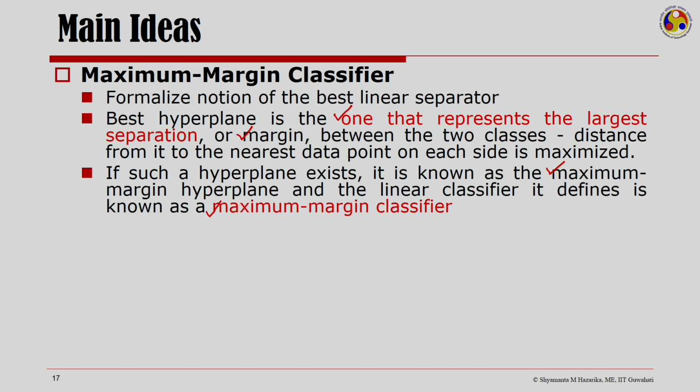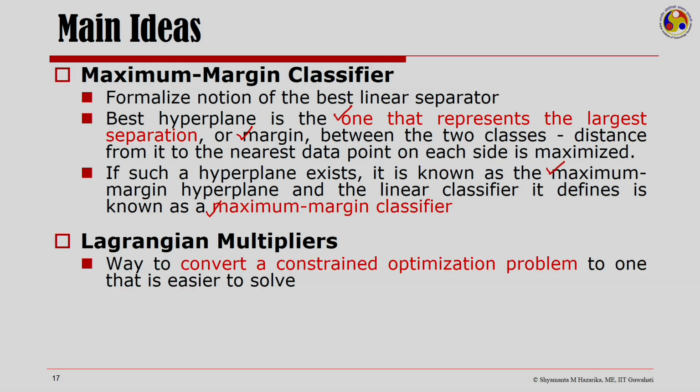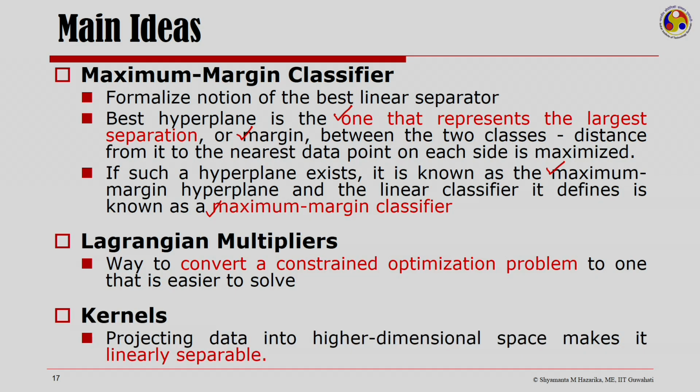So, in a way, the support vector machine that we were trying to arrive at today is a maximum margin classifier. The second idea that is very vital and has changed the way we look at optimization is the concept of the Lagrangian multipliers, where we had a way to convert a constraint optimization problem to one that is easier to solve, bring in a new expression using the multipliers without having any constraints any longer. So, the constraints are factored into the new expression. The third of the ideas that we have explored today is the idea of kernels.